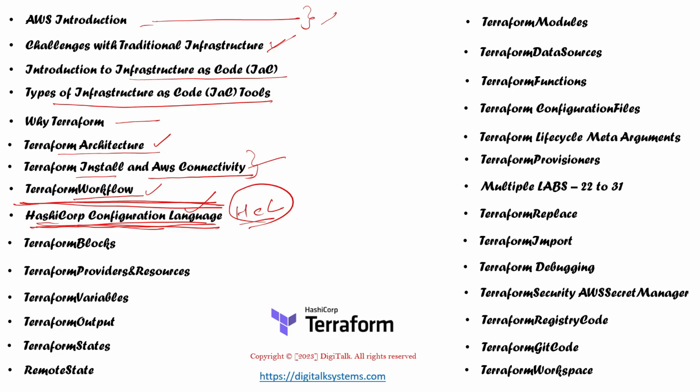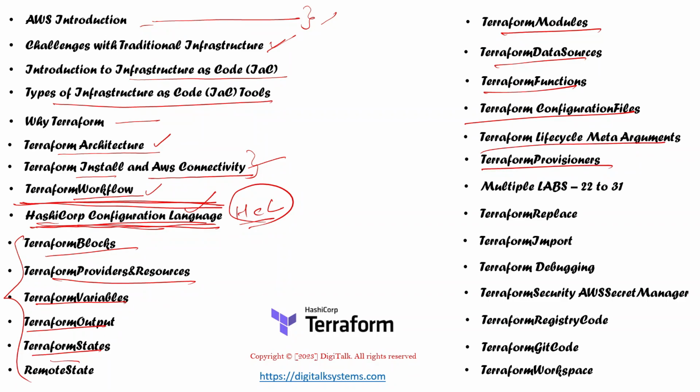There are multiple concepts with respect to the code that we are going to learn in the subsequent sessions, like the Terraform blocks, provider and resources, variables, output, states, remote state, then modules, data sources, functions, configuration files, lifecycle meta-arguments, and provisioners. Starting from the Terraform block, we are going to learn in detail how to create with the HashiCorp Configuration Language: the different blocks, modules, variables, output, and the different states. And when we design the code, we'll learn the purpose of each concept